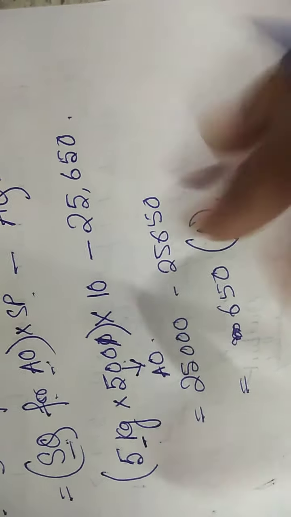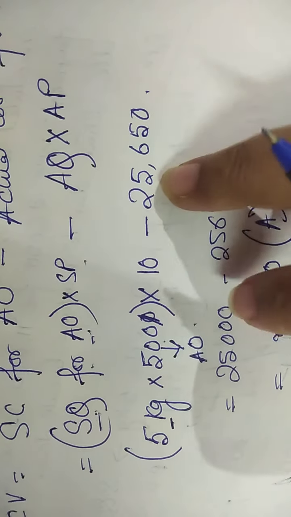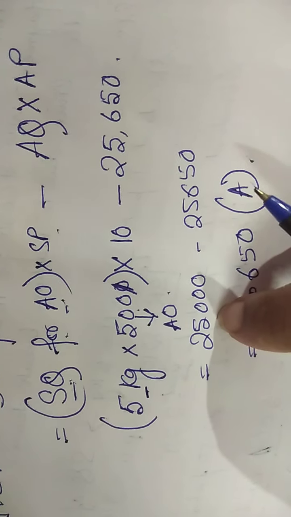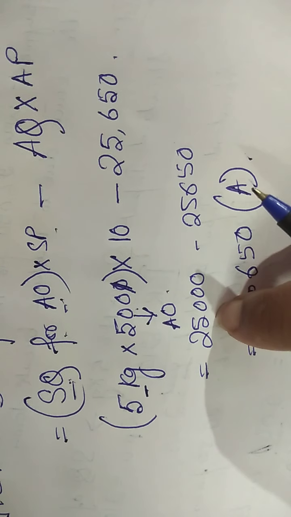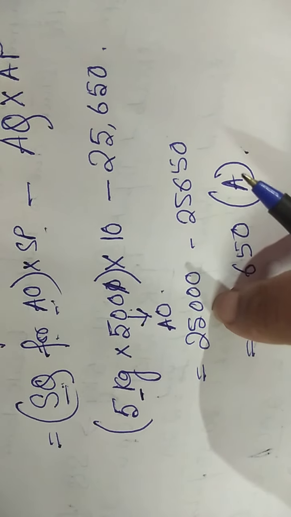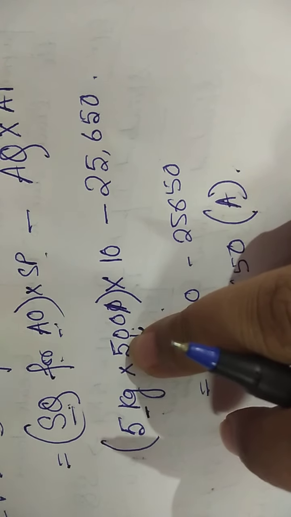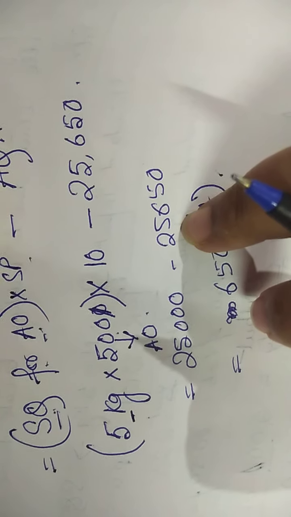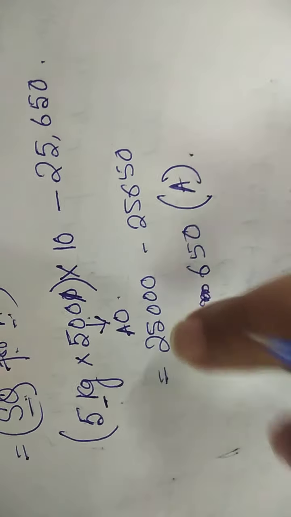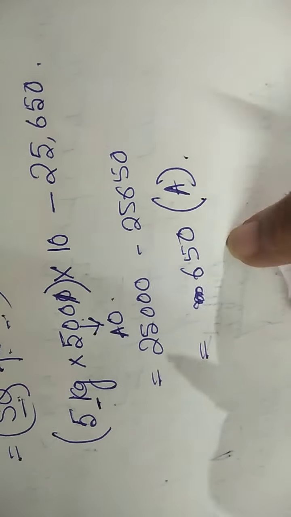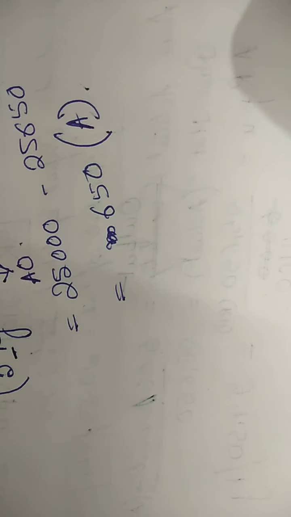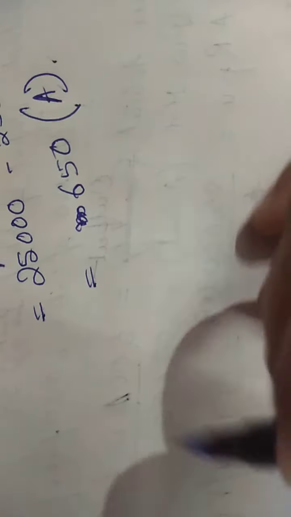We call it adverse. What is adverse? When my actual cost is more than the cost what I have presumed or I have thought. I'll be requiring 25,000 to produce 500 units of actual output, but actually I am incurring 25,650. So when my actual expenses are more than my standard expenses, then the variance goes as adverse. That means whatever you have presumed, actually you have incurred more.